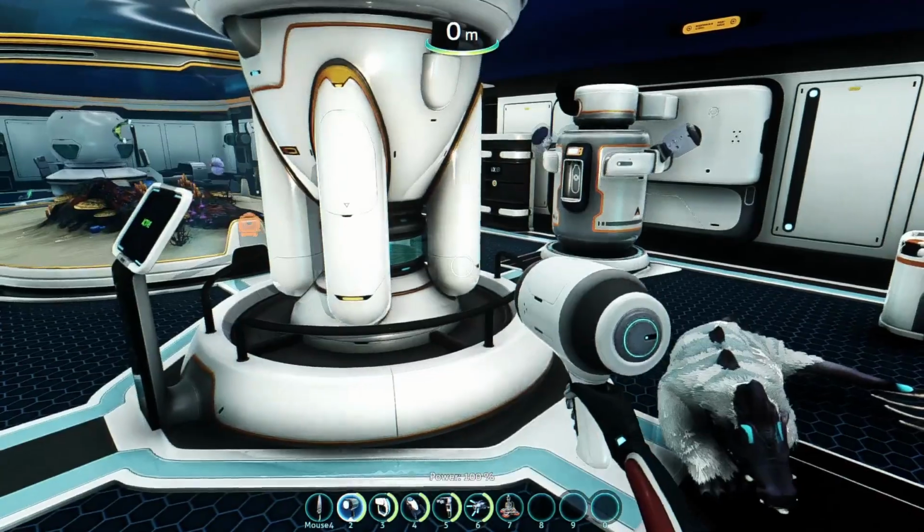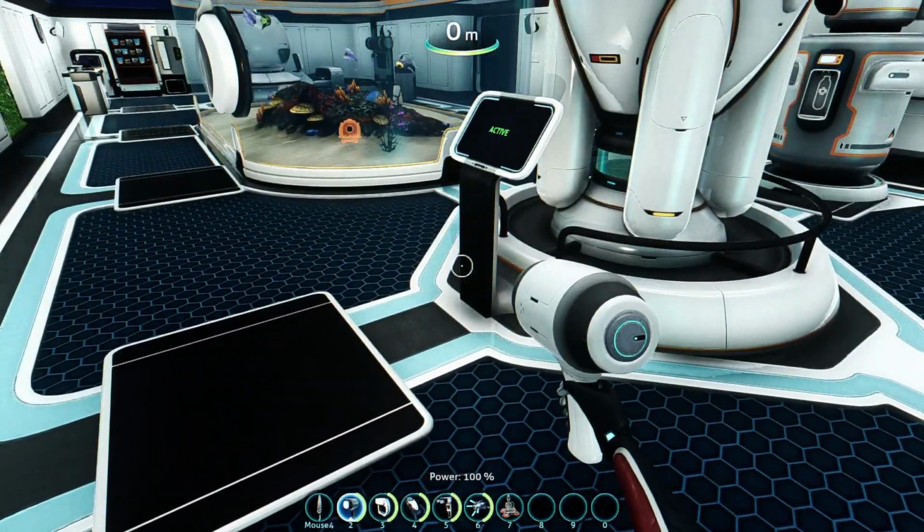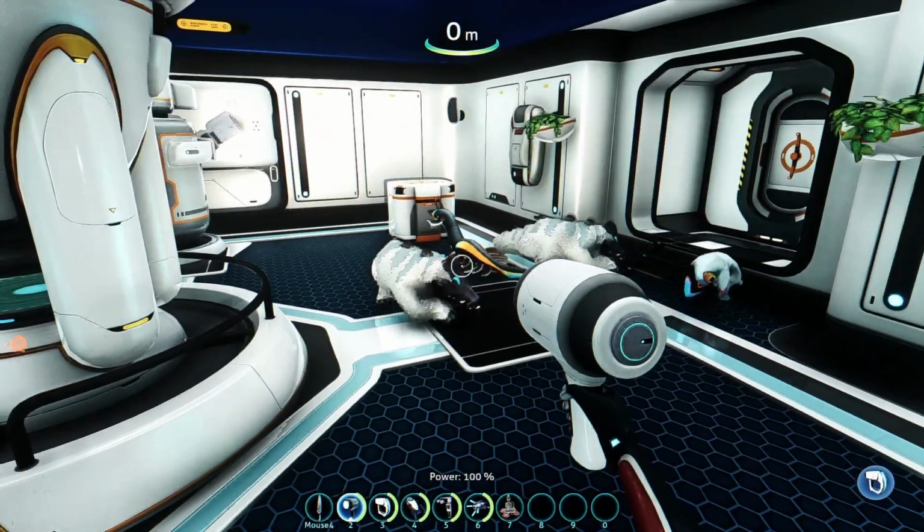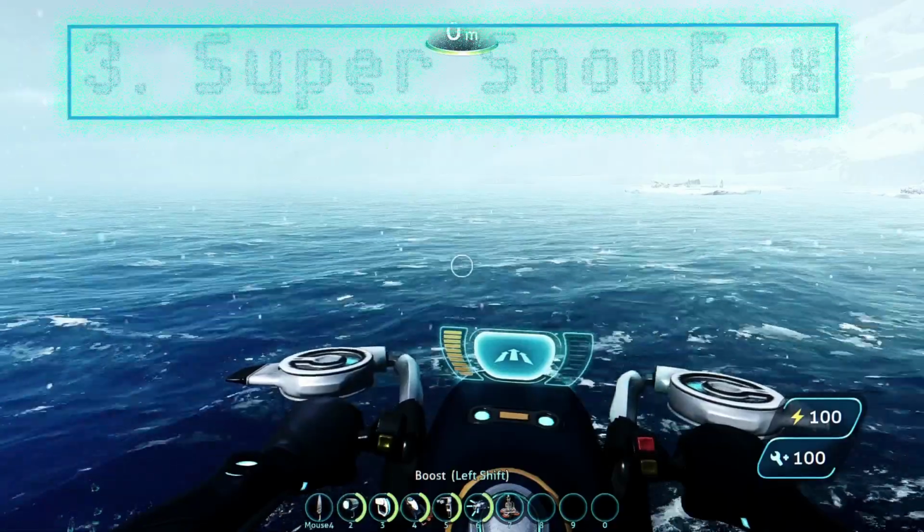But anyway, this is the Subnautica Below Zero Pets mod. And in order to get this to work, of course, you got to have the configuration manager set up, so...